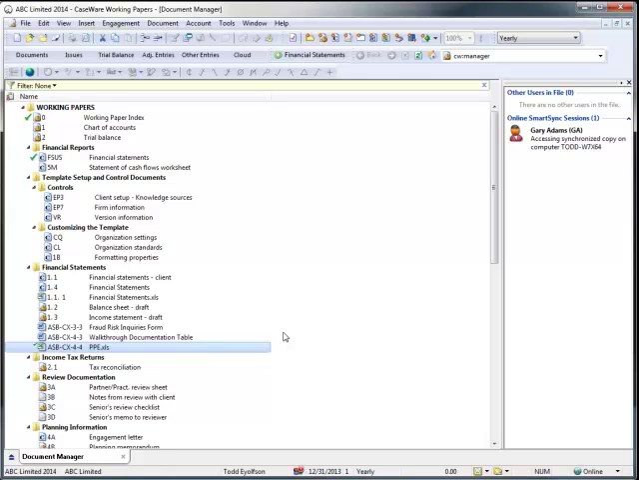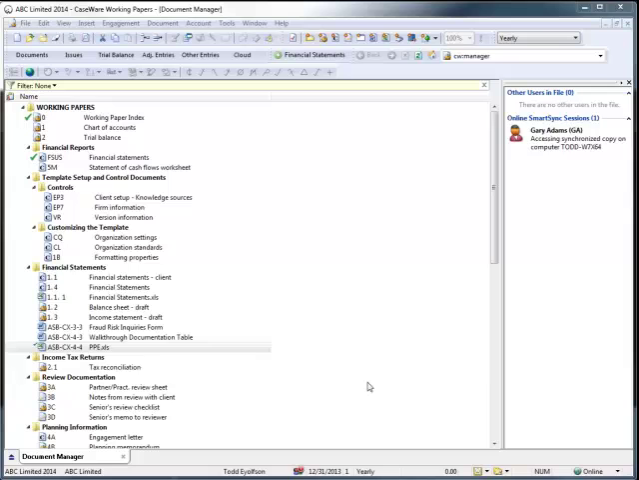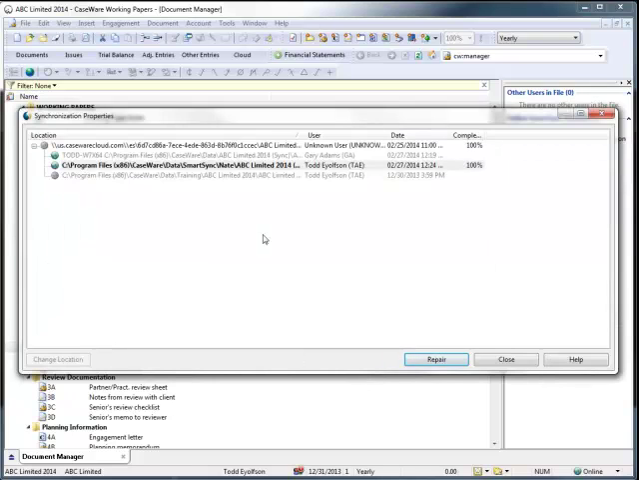new sync copies. The synchronization properties dialog provides a list of all sync copies, and that is found through the menu at the bottom and selecting the properties dialog. And here we can see there are actually 3 sync copies of this particular file located on this computer or